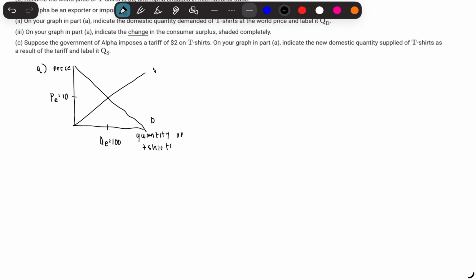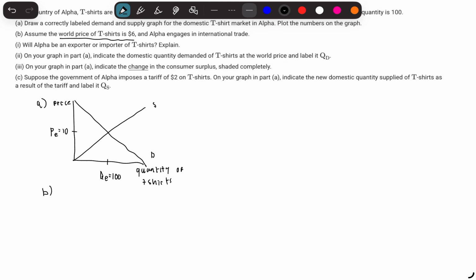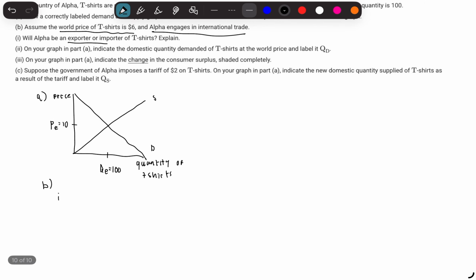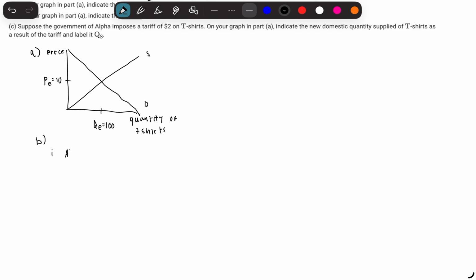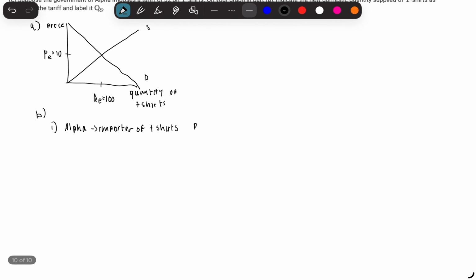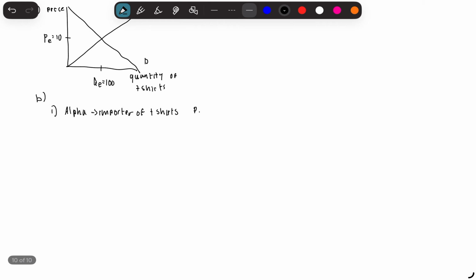Assume the world price of t-shirts is $6 and Alpha engages in international trade. Part I. Will Alpha be an exporter or importer of t-shirts? So Alpha is going to be an importer of t-shirts. And that's because the price of the world equaling $6